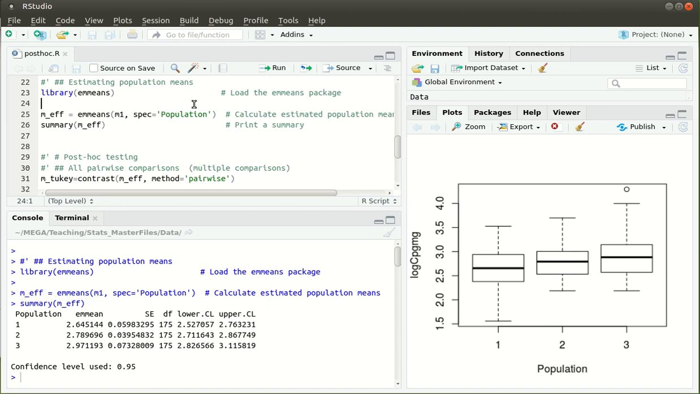In this video we give a quick intro to post-hoc testing using the emmeans package. Post-hoc tests are hypothesis tests that you didn't plan at the start of an analysis. So an example would be this cortisol problem that we've been looking at. At the start of the analysis we were comparing log cortisol values across three populations, and our null hypothesis is